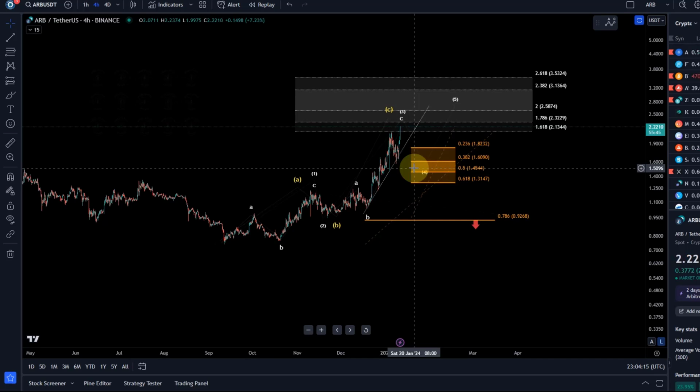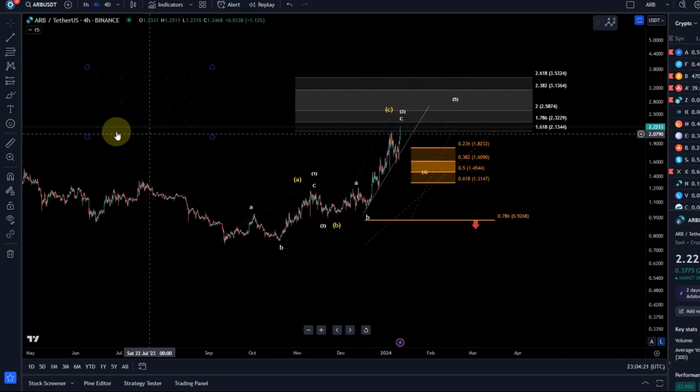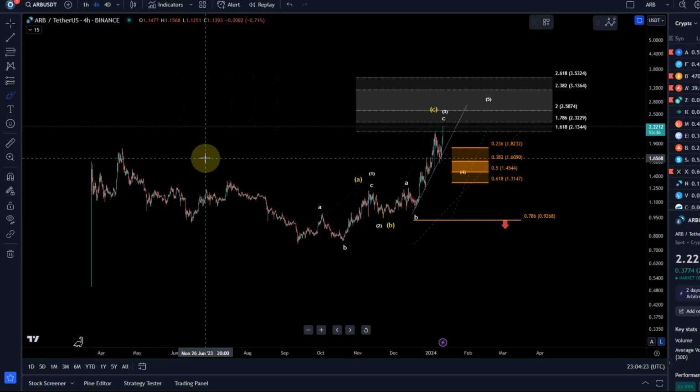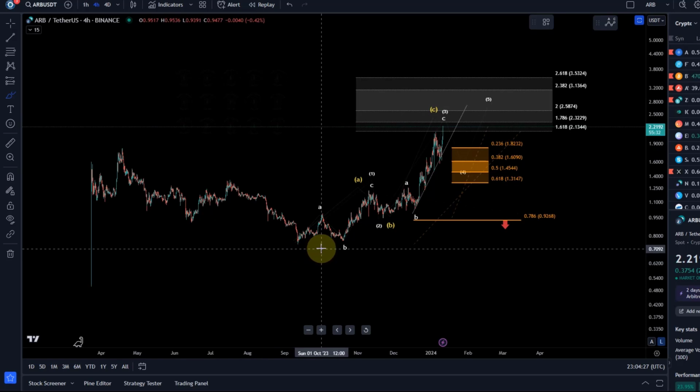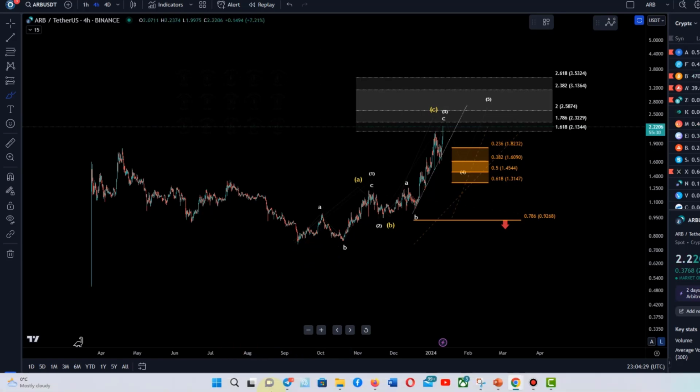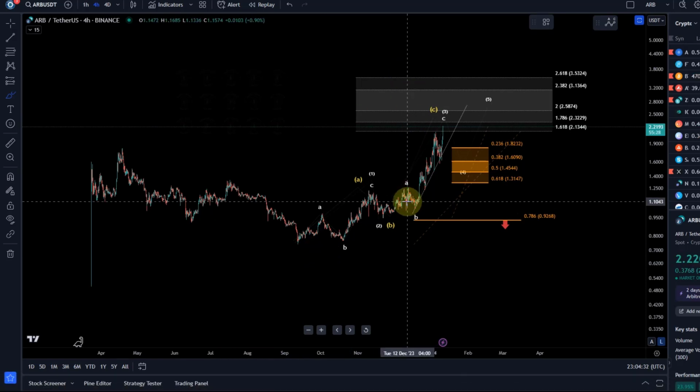Bear in mind, we have talked in previous videos about two wave counts. We've talked about the white one, which is the more bullish one. Bear in mind that this is not a reliable structure because the chart history is too short. Nevertheless, ARB is one of the few coins that showed a lifetime downtrend and basically moved to a new all-time high, so that's good. But we still need to be aware that so far this looks more like a three-wave